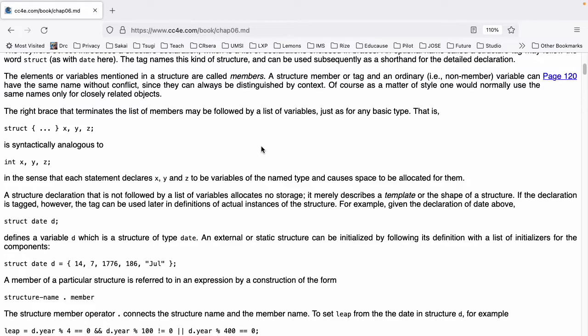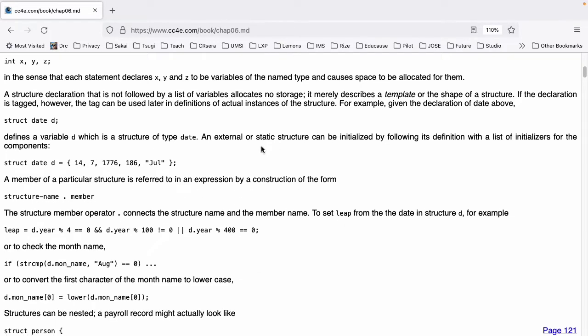If the declaration is tagged, however, the tag can be used in later definitions of the actual instances of the structure. For example, given the declaration of date above, struct date d; defines a variable d, which is a structure of type date. An external or static structure can be initialized by following its definition with a list of initializers for the components. struct date d = { 14, 7, 1776, 186, "JUL" };